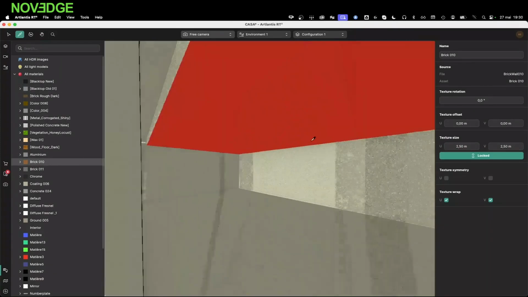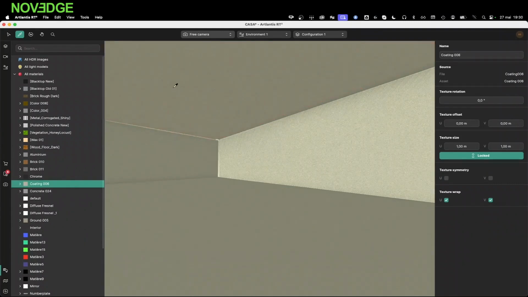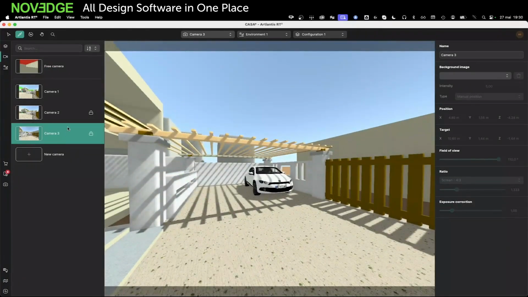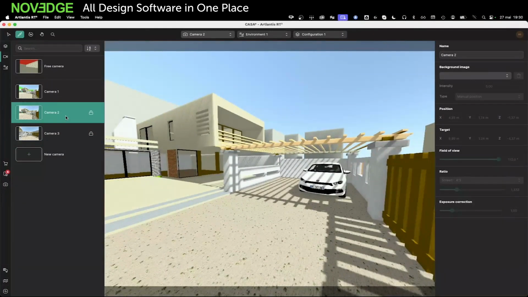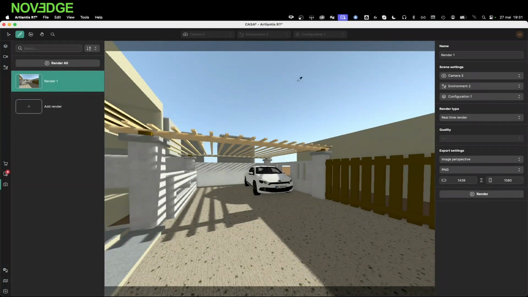I think I have to change the red, what is the English word? The red roof, the red slab, sorry, of the project. So now maybe I'm good like that. Okay. So maybe I want to create some images. So I will go in this little camera. I can create a new render. I can name it